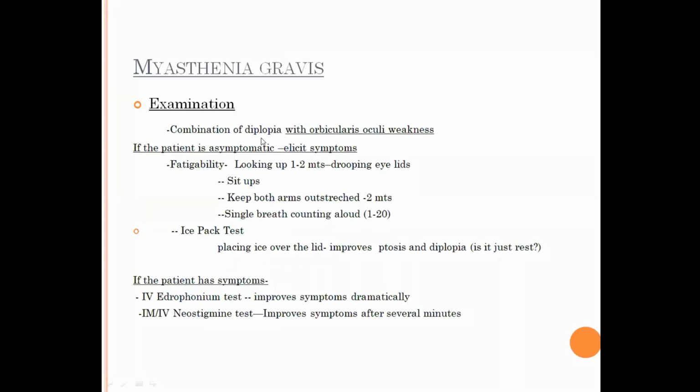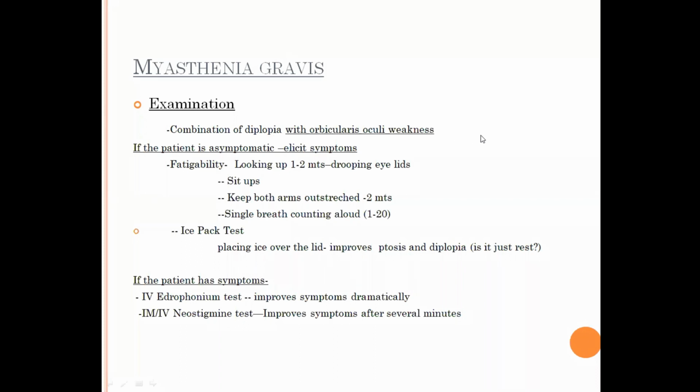So on clinical examination, a very important point is that in addition to the ptosis, orbicularis oculi is weak. This is a very important clinical point to make a diagnosis of a muscle disease or a myasthenia. Because you remember, diplopia is due to the 3rd, 4th, 6th cranial nerves and orbicularis oculi weakness is due to the 7th cranial nerve. Isolated orbicularis oculi weakness cannot be due to the 7th cranial nerve. So this combination is very typical of a muscle disease or a myasthenia, and to differentiate between the two, fatigability